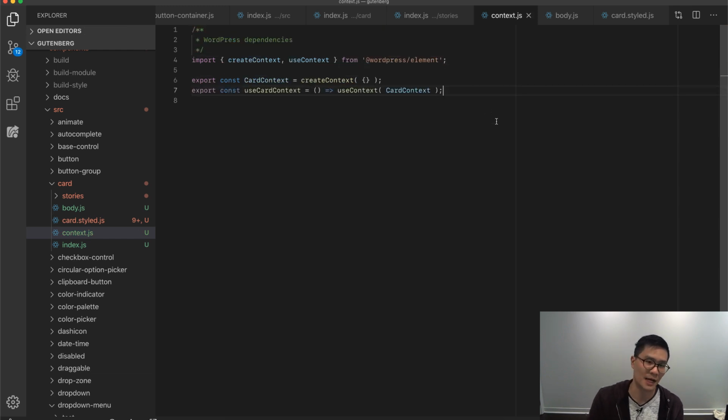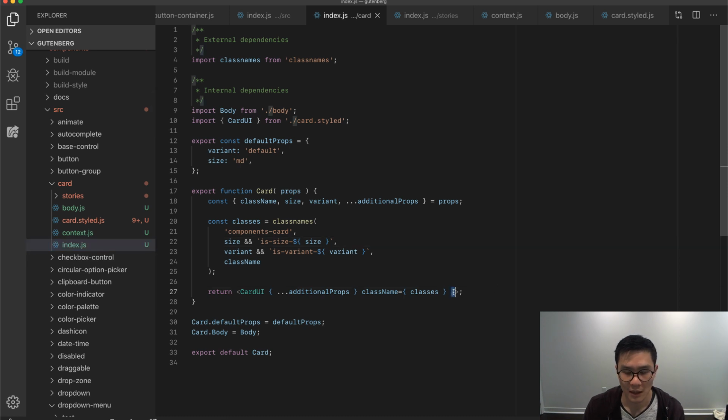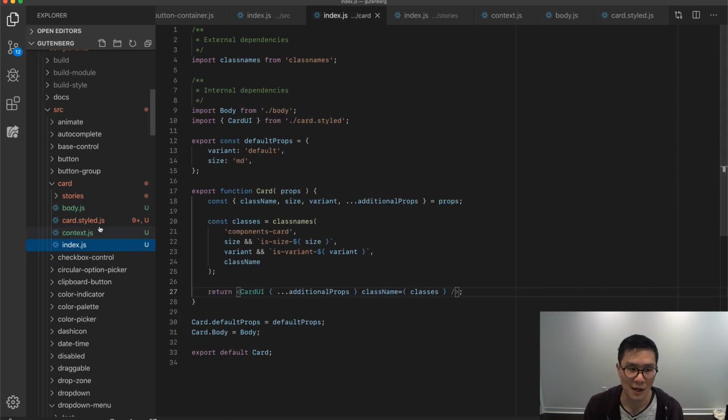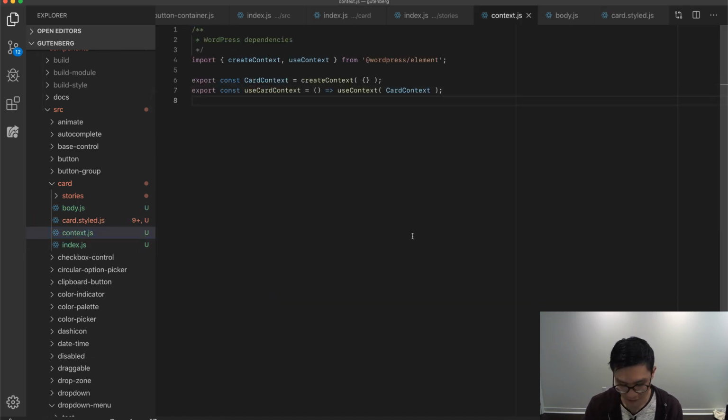That means that the initial card here is basically the provider that sends all this information through to the connected little bits that come with the card. This is, personally, the pattern that I have been using. CardProvider accepts props, and the props are